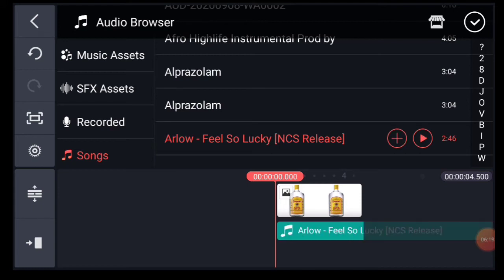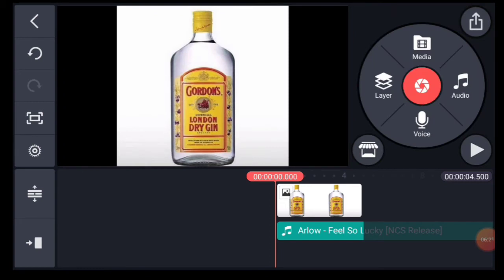So I'm just gonna pick this. And now, when it comes to choice of backgrounds you're going to be using for your ad, you need to use really quality backgrounds. I'm not saying they have to be like quality, but you need to pick something that actually blends or resonates